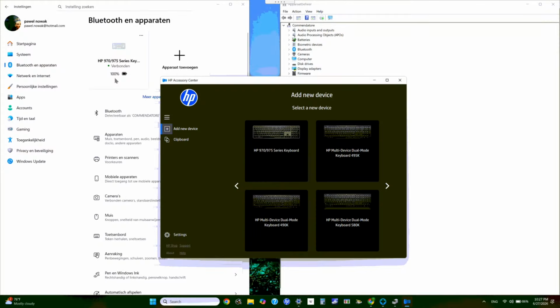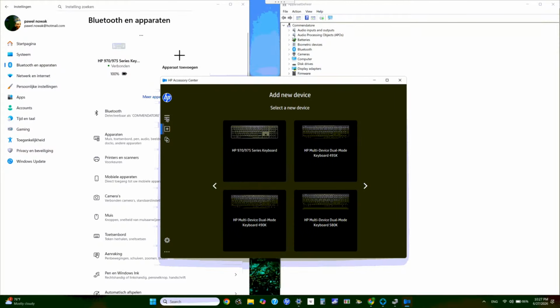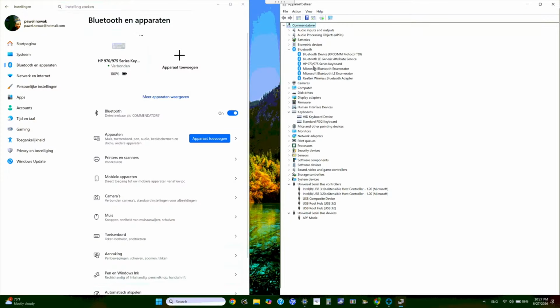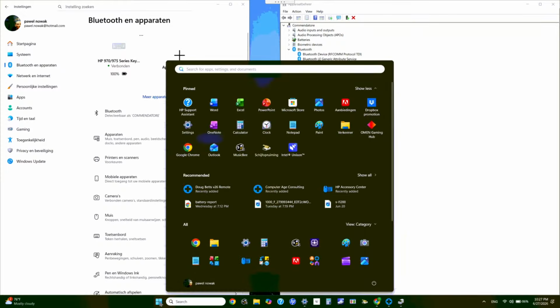Okay. Try the hamburger menu, see if we see a listing in there for the keyboard. No, I don't think so. So let's close the app. And while we're closed here, it wanted me to see Bluetooth in Device Manager. So there's the HP 970 series. So that gives us an additional confirmation. So now let's go try the HP Accessory